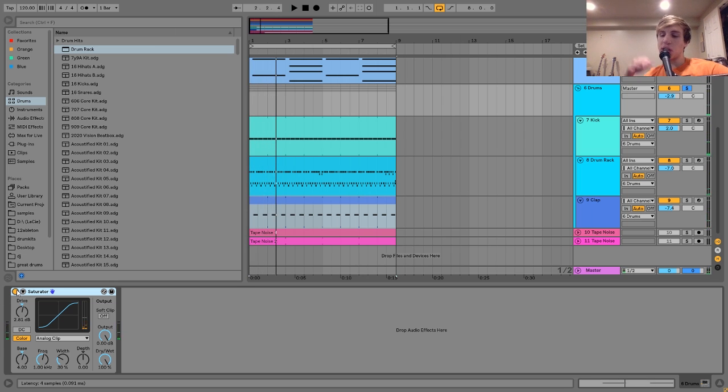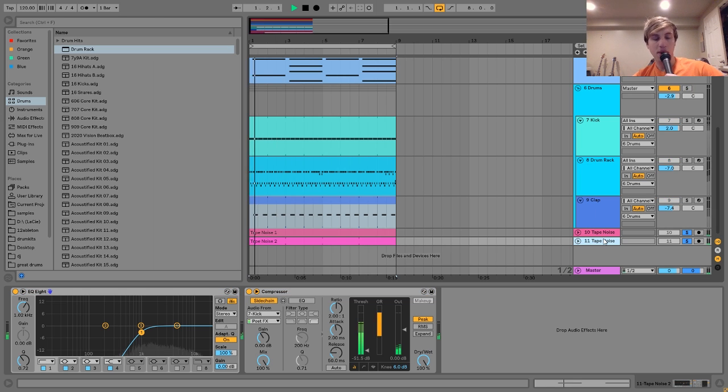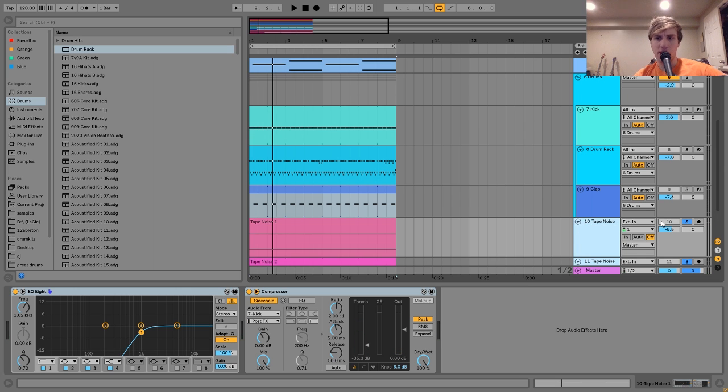You can hear when I turn it on, it just adds a little bit of crunch to everything and helps glue it all together and beefs it up. So then the last thing I have here is a bit of tape noise. I have 2 layers. Here's what it sounds like all together. And so it's a bit quiet. I will turn those up, but